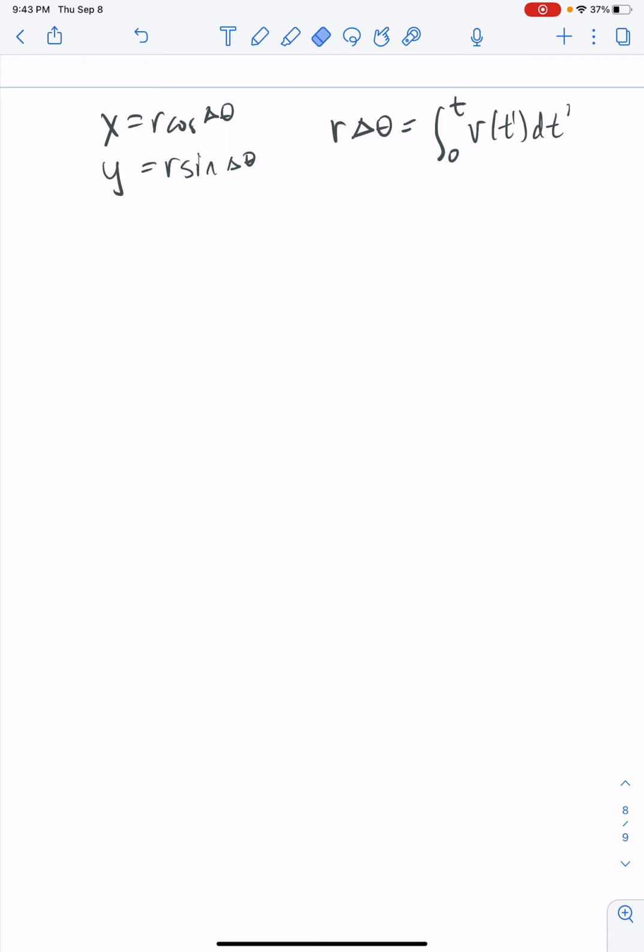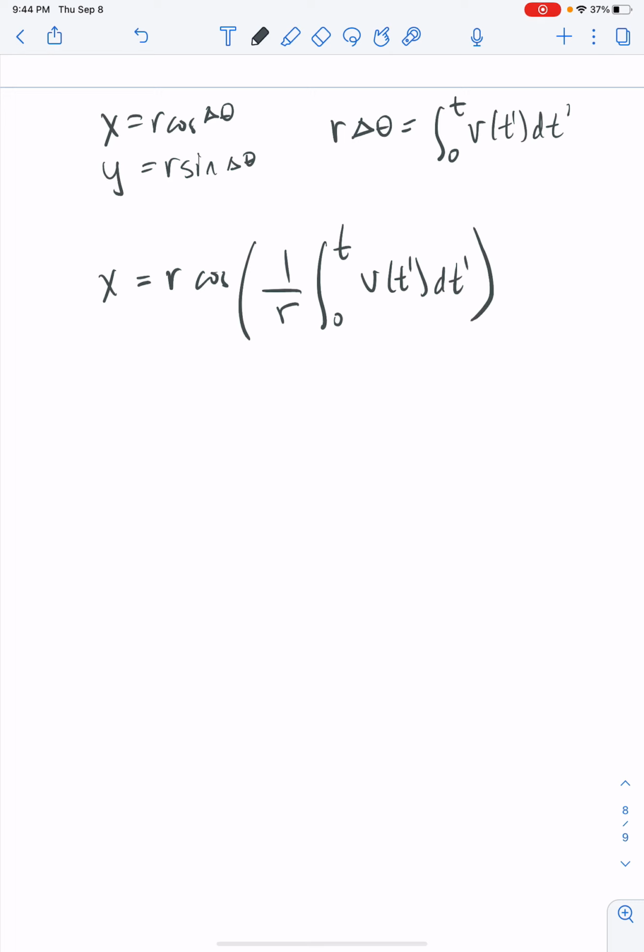Okay, and so that means that we can write x as r cosine of 1 over r integral from 0 to t of v of t prime dt prime. Remember again that this t prime is not a derivative, it's a dummy variable that we're using because we're going to have these two different t. Okay. All right. And then our dx dt, which we're going to need in order to find the velocity,